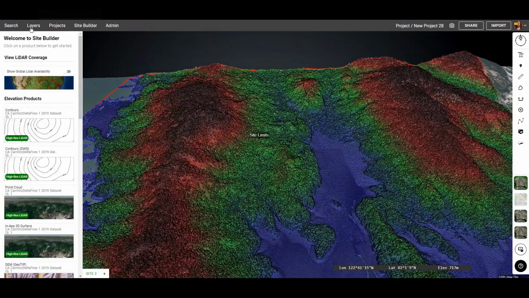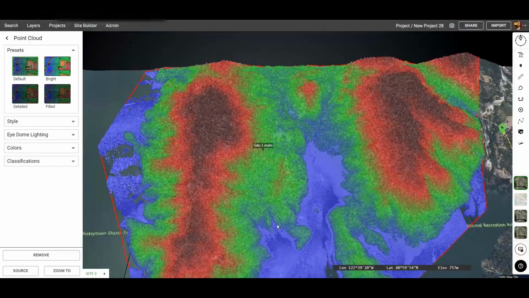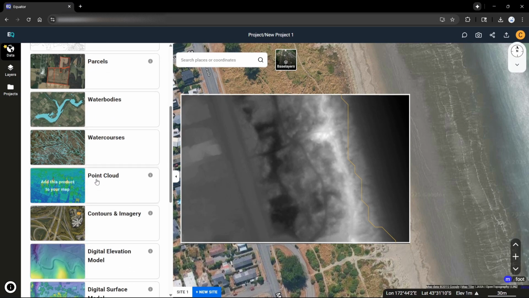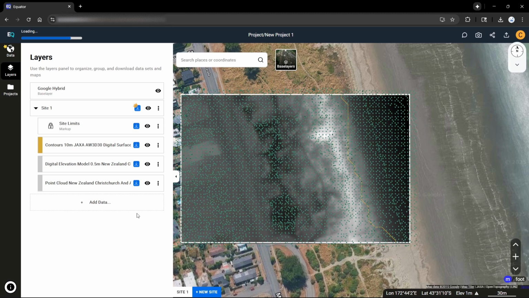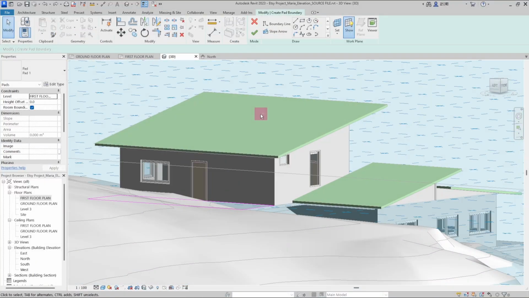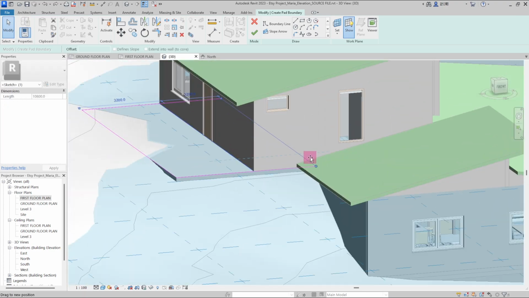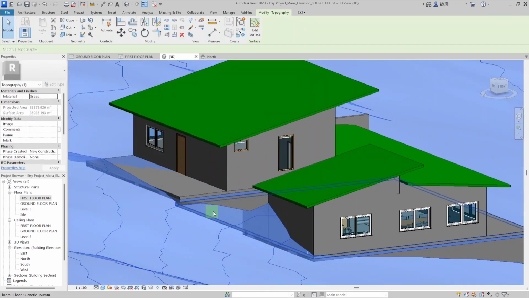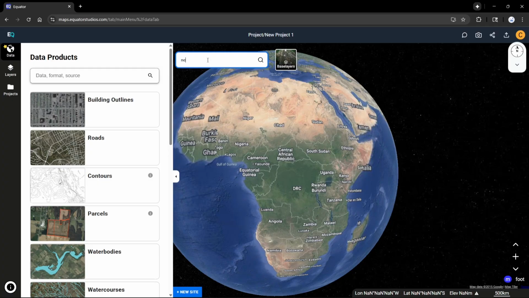In this video, I'm not just going to show you where to find professional-grade site maps for free. I'm going to show you the exact workflow to bring that topography, those roads, and even 3D buildings directly into software like Revit so you can start designing right away. So let's get started. The first thing you're going to do is go to